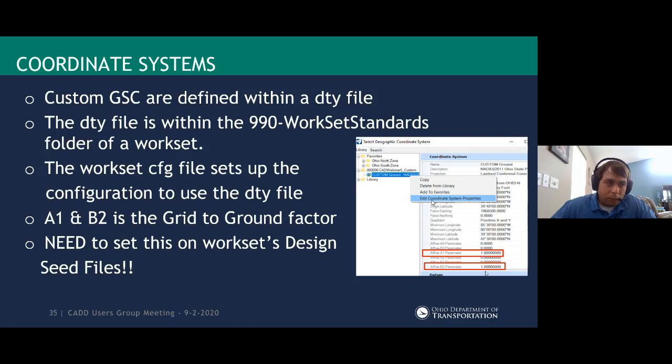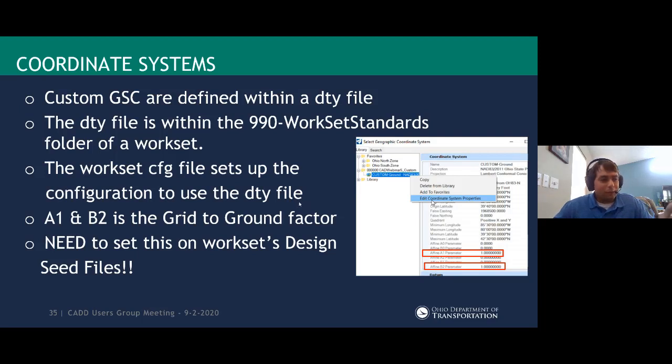And the two parameters that we set to 1 are your indicator. Those are the ones where you put the scale factor in. I want to make sure that everyone is clear that this scale factor is the scale factor from grid to ground, not ground to grid. So if you don't know what that means, don't mess with this. Leave it to the surveyors. Just because you see how to do something, make sure you understand what you're doing, because if you put in the inverse of that, then everything's going to be off. But that is how you do it. You just basically edit the values, and then you select that, hit OK. I cut it off in the screenshot, and now that model has that coordinate system defined.